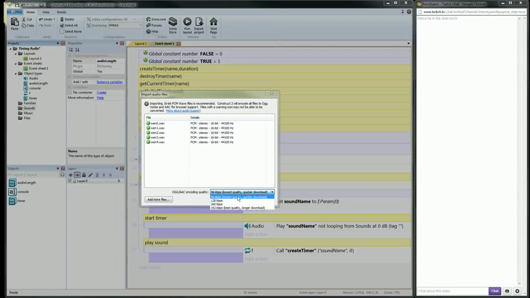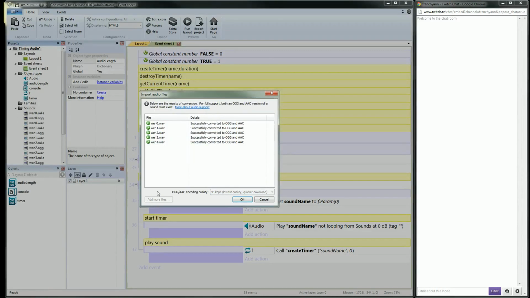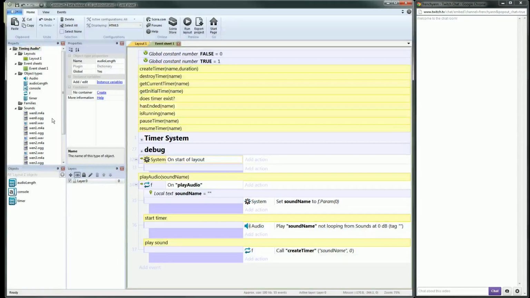Okay, lowest quality. We don't need too much. It will create 3 types of file for every kind of browser. Some support this type of file, some support this one, etc. Anyway,